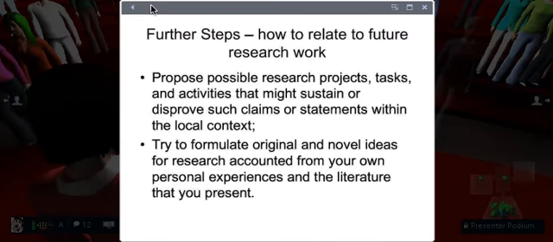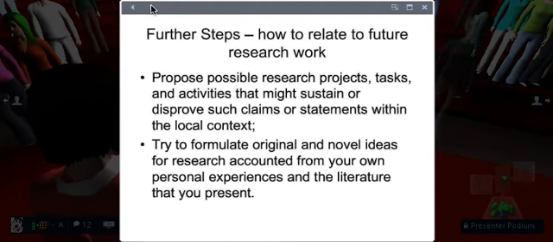Once you sustain your claim, your statement, with projects, with research, with what has emerged at a European level, if not at a local level, but you won't find much at the local level, and that is why your work is important. Then you continue your seminar paper by proposing your own research.